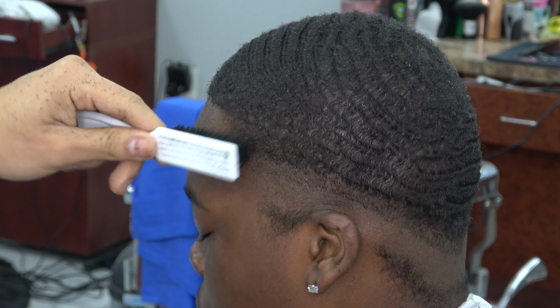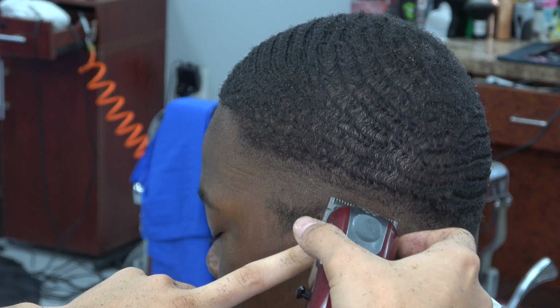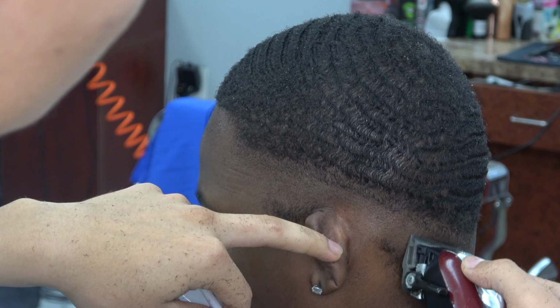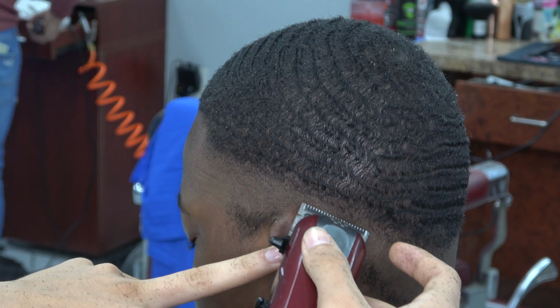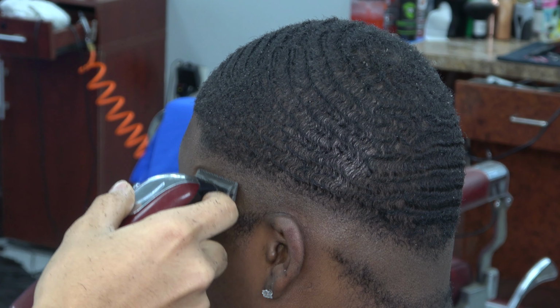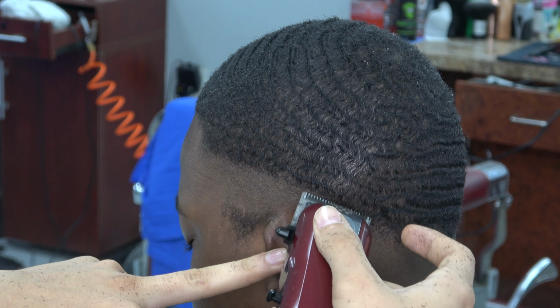So right over here on the other side, I'm gonna do the same steps. You can just fast forward this side because I already showed you guys how to do it on the other side. You could do half of the haircut and then do the other half, or you could do all around. So right here I'm doing all around at the same time, that way I finish the whole fade. So right now I'm just taking the same steps, taking my time, going just a little over the